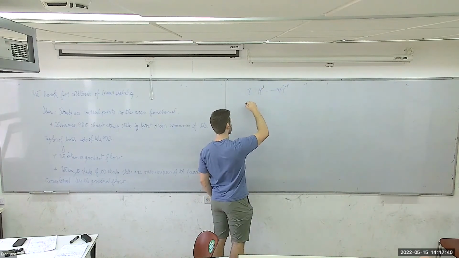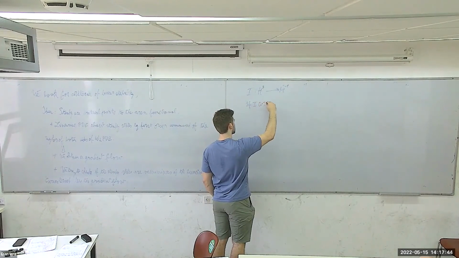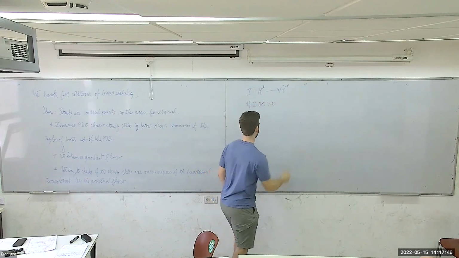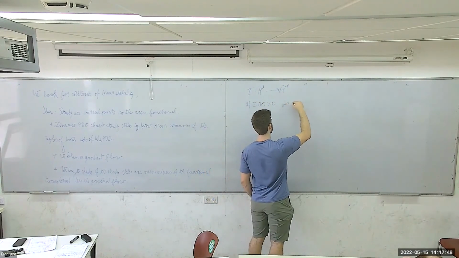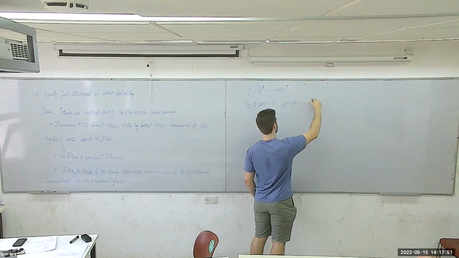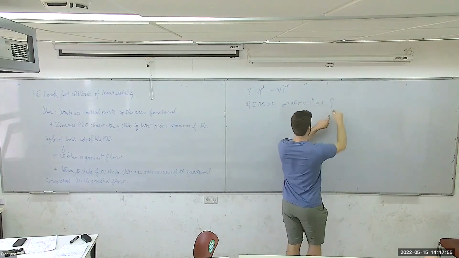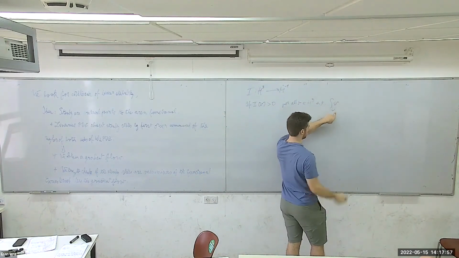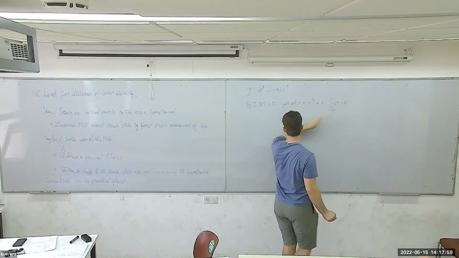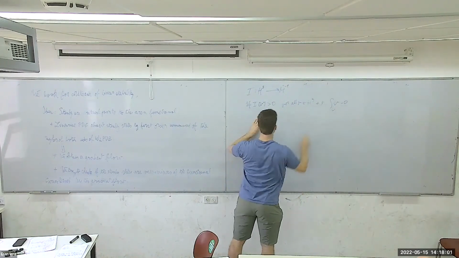And if I(v) is more than 0 for all v in H^3, where the integral of v is equal to 0, so we constrain these v's,